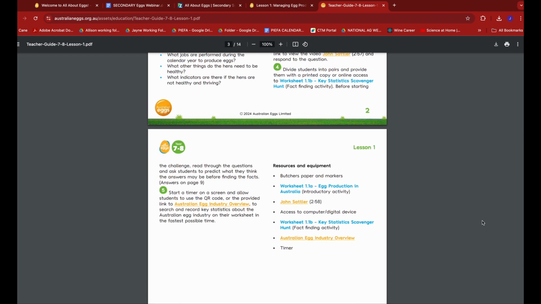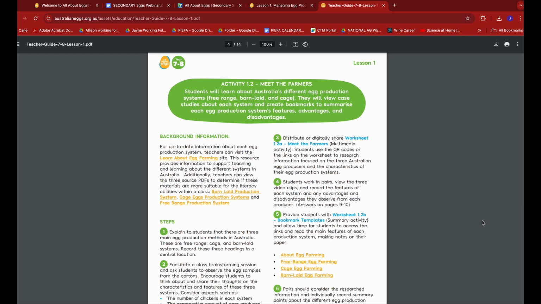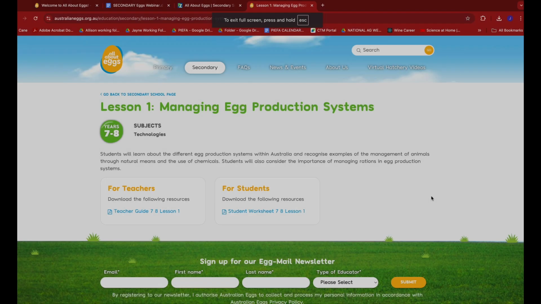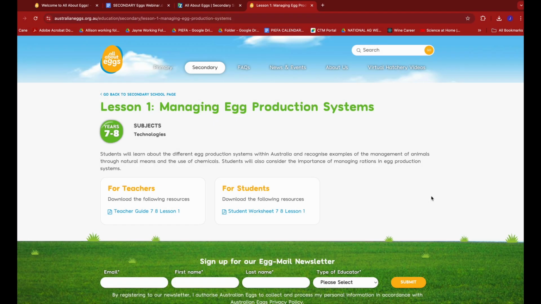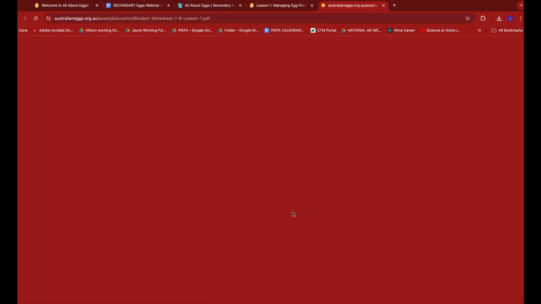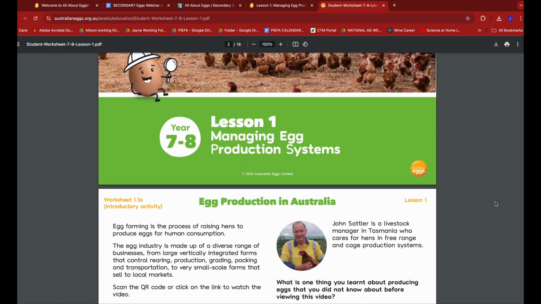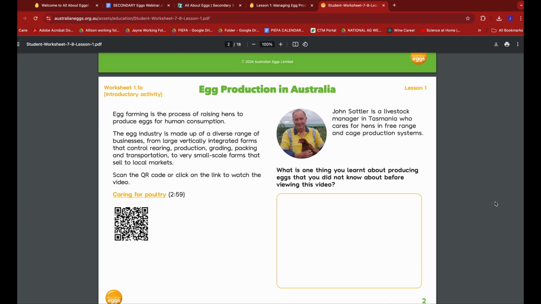Step-by-step guidance for the delivery of each of the 4 activities in the lesson is provided, and the required equipment and materials are listed after the instructions for each task. At the end of the teacher guide, answers are provided to support the marking and assessment of student work. Clicking the For Students link on this page will provide you with a downloadable PDF of ready-to-use student worksheets that can be completed online in a writable manner, downloaded or printed depending on student and teacher needs.